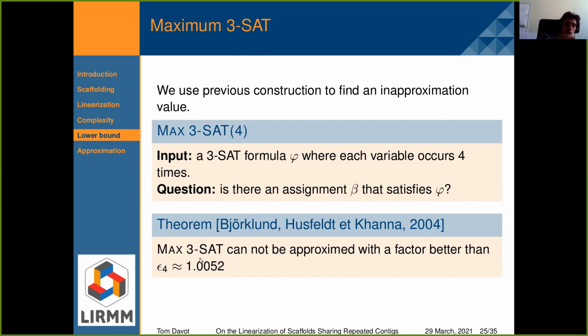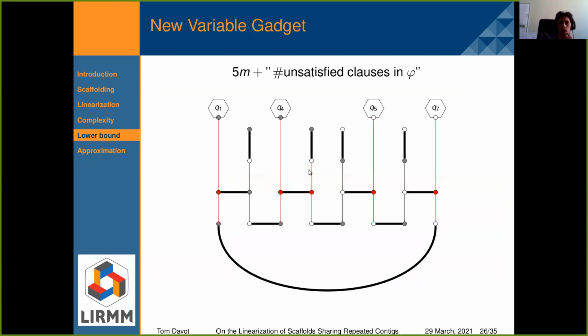So we use this lower bound to compute a lower bound for semi-brutal cut. And to do that, the easiest way is to have each extra cut we have to use in the construction correspond to an unsatisfied clause in the formula.